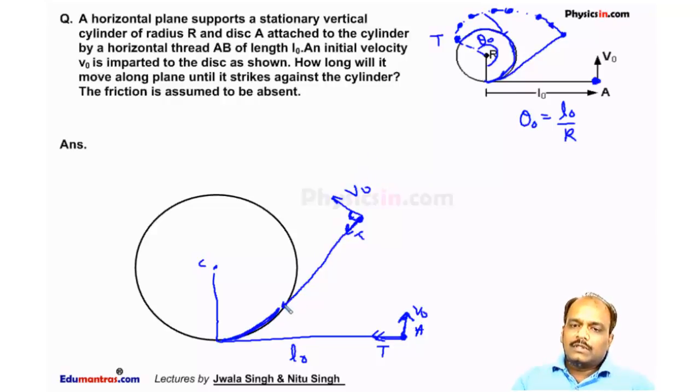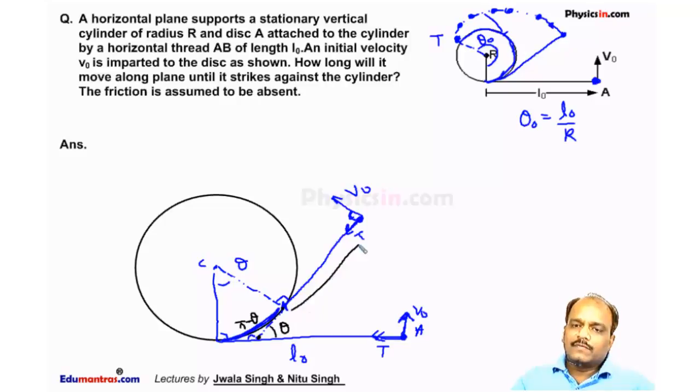So now, let this angle be theta. Now if this angle is theta, I will produce this length, this string. Now we can see this is 90 degrees, this is also 90 degrees. So if this is theta, this angle is 180 minus theta. This is pi minus theta, because it is a cyclic quadrilateral. If we see this quadrilateral, this is cyclic. So if this angle is pi minus theta, this angle is also theta.